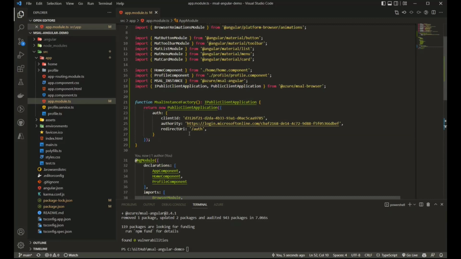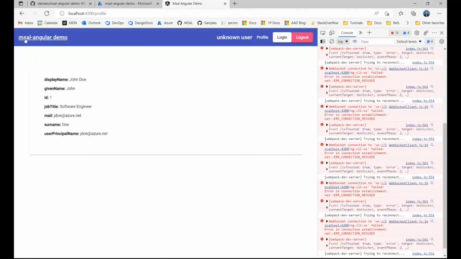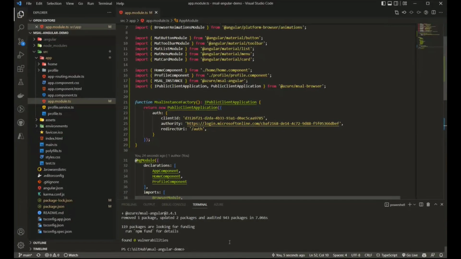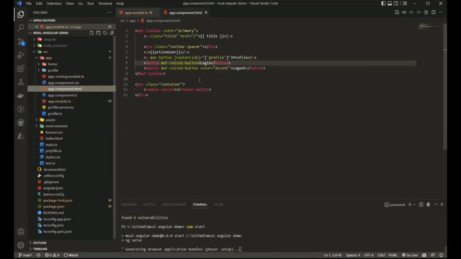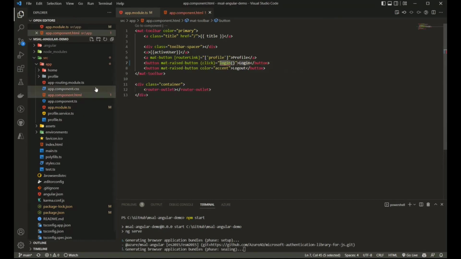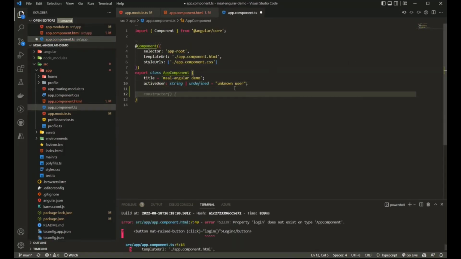Now, what do I need? Well, I want to assign behavior to this login button. So I'll go ahead and do that now. Let's first start our application. And my login button is here. So I'll go here and I'll add a click behavior. Now I need to define this function. So I'll go to my app components. And there I have a, oh, of course. So let's create this function.